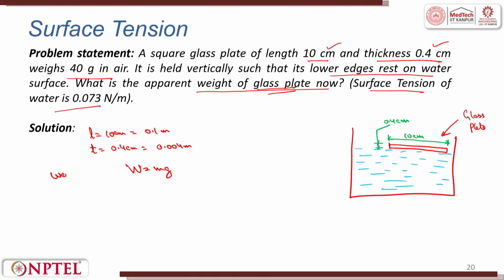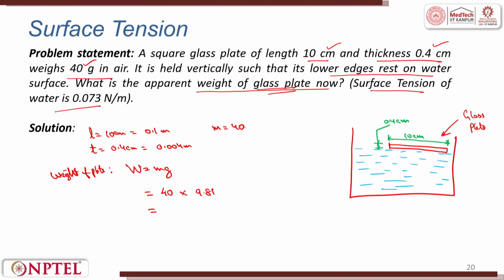This is the weight of the plate. Because we have been given the value of m, that it weighs 40 grams in air, it is 40 grams into g, that is 9.81. This weight turns out to be, if I need to calculate this in newtons,